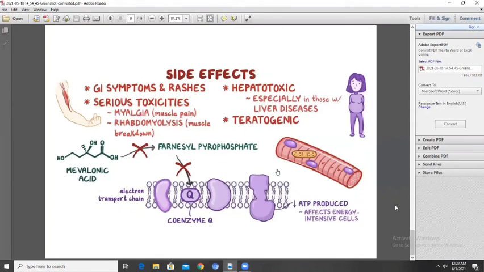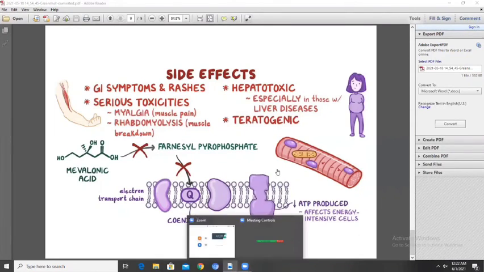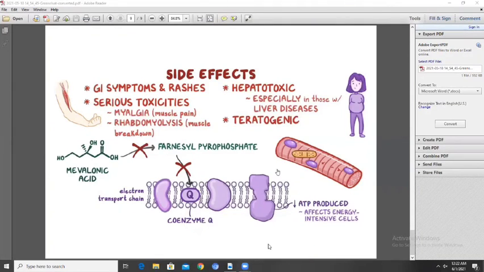Hepatotoxicity. The drug statin can lead to hepatotoxicity, for example, autoimmune hepatitis, non-viral hepatitis. Other than that, it is teratogenic and cannot be given in pregnancy in the first trimester, as it can lead to congenital problems. The biggest side effect of statins is GIT symptom disturbance.